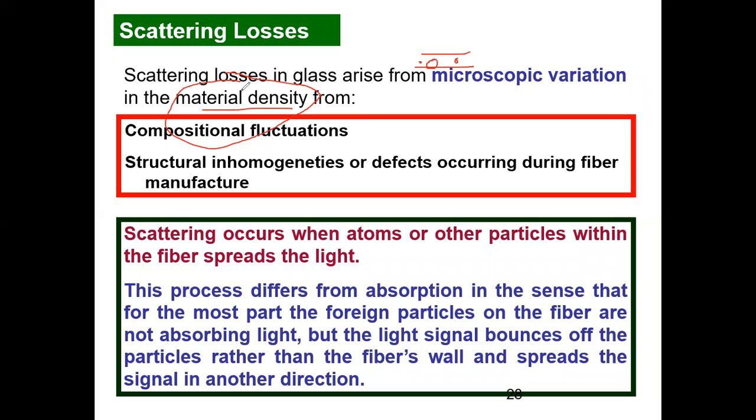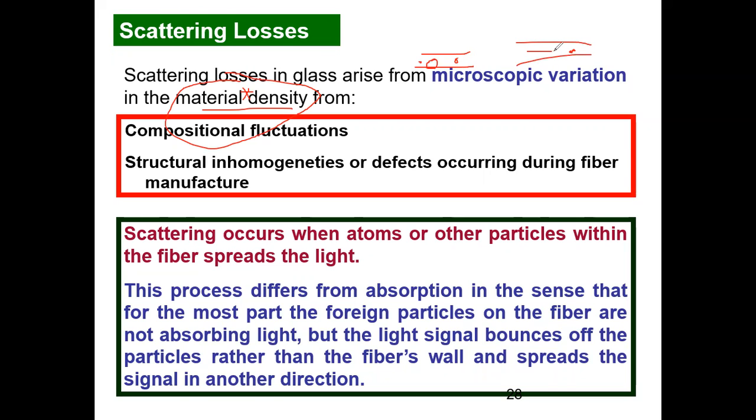So please remember, whenever you are explaining scattering loss, it all depends on how big that impurity present is. That density of that foreign particle is how much, based on that my light will be scattered. Many times it will happen that suppose I have some foreign particle present over here. It has some density. I'll tell you what that figure is later on.